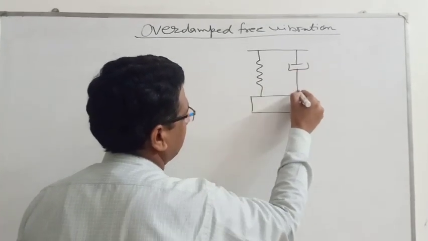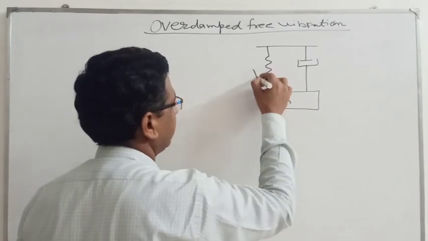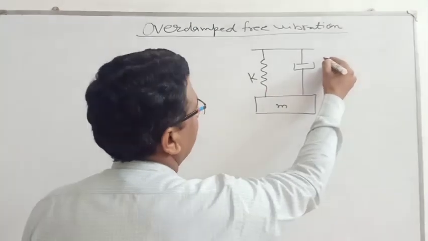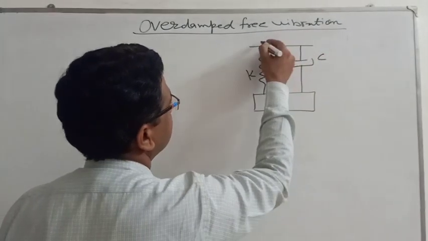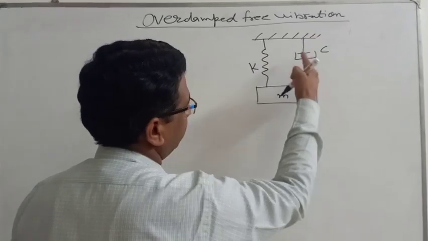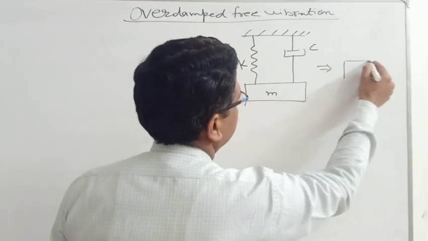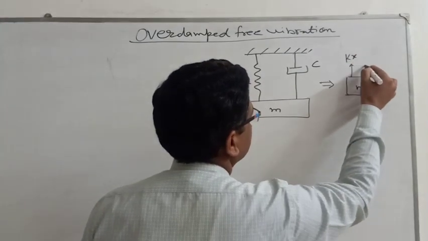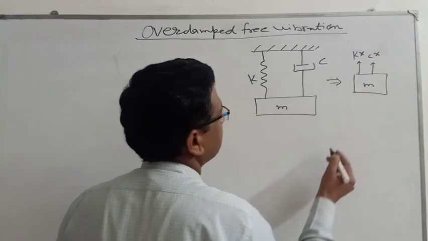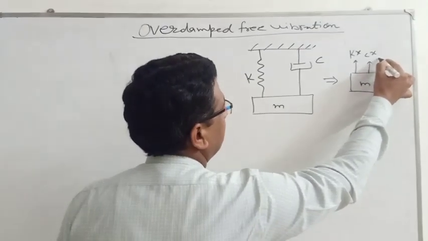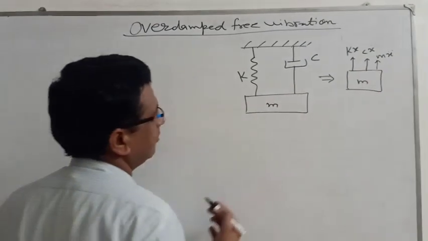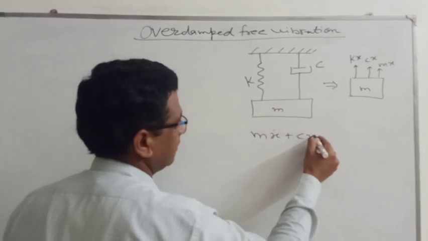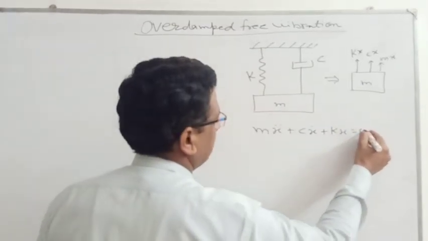this is the mass. If you are considering this spring having this stiffness K, and a damping coefficient of this damper C, then we know that the free body diagram of this mass has the restoring force by spring Kx, the damping force Cx dot, and the inertia force Mx double dot. On the basis of this, the equation of motion is given by mx double dot plus Cx dot plus Kx is equal to 0,